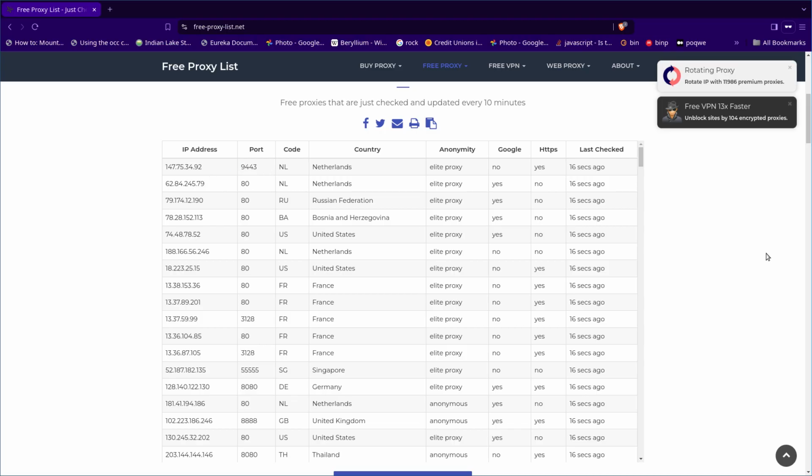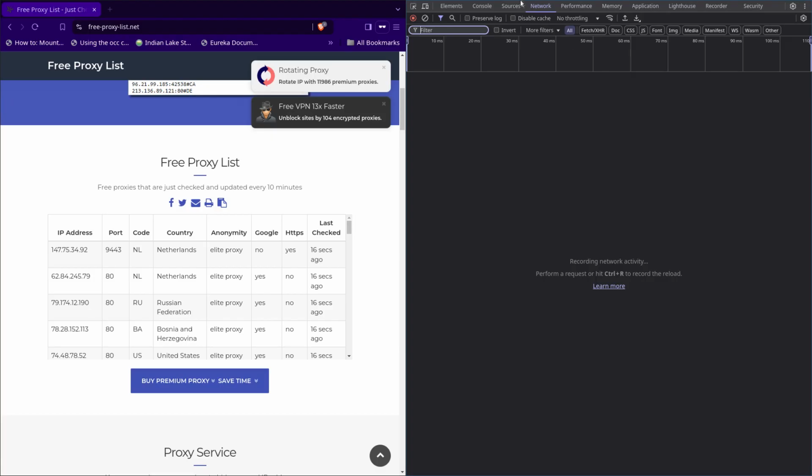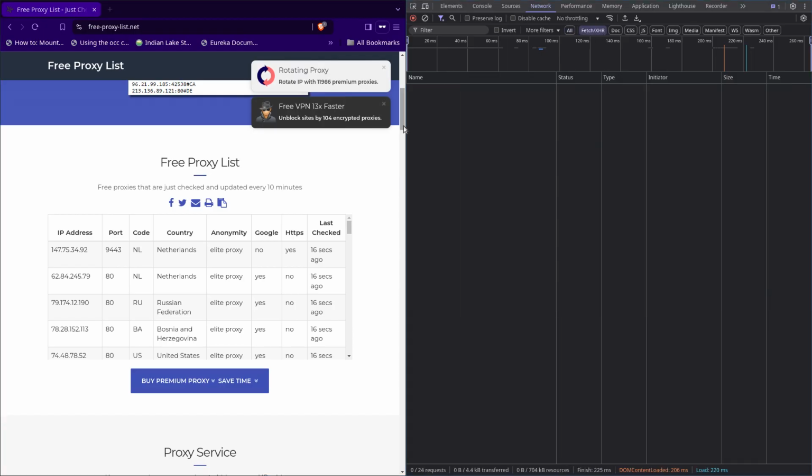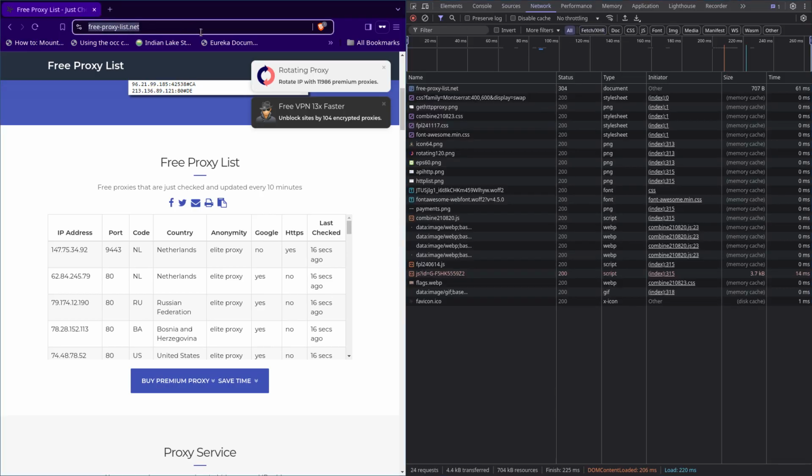So first thing I'm going to do is hit F12 to open up my developer console. I'm going to go to network and refresh the page. I'm going to try to filter this by clicking on this. Unfortunately, there's no JSON here. Let's go ahead and just grab the URL then, right? Let's look right here. We have